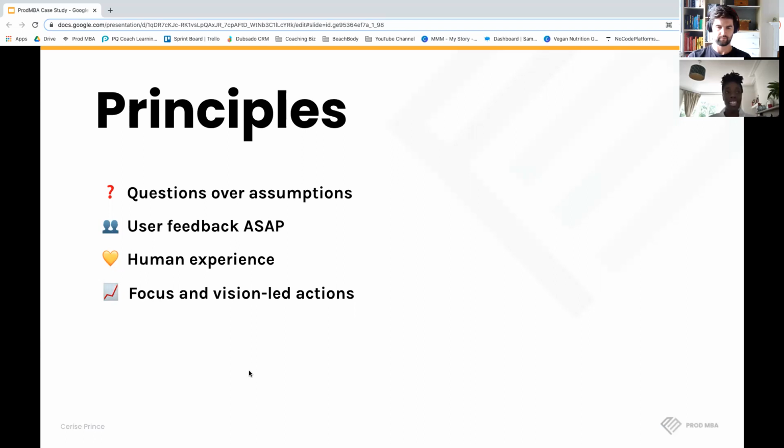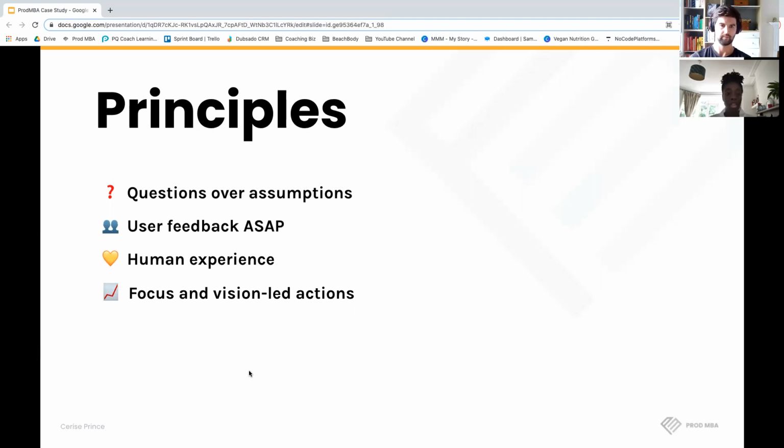And then getting user feedback as soon as possible, instead of continuing on and going down a certain track, which may be based on an assumption, for example,